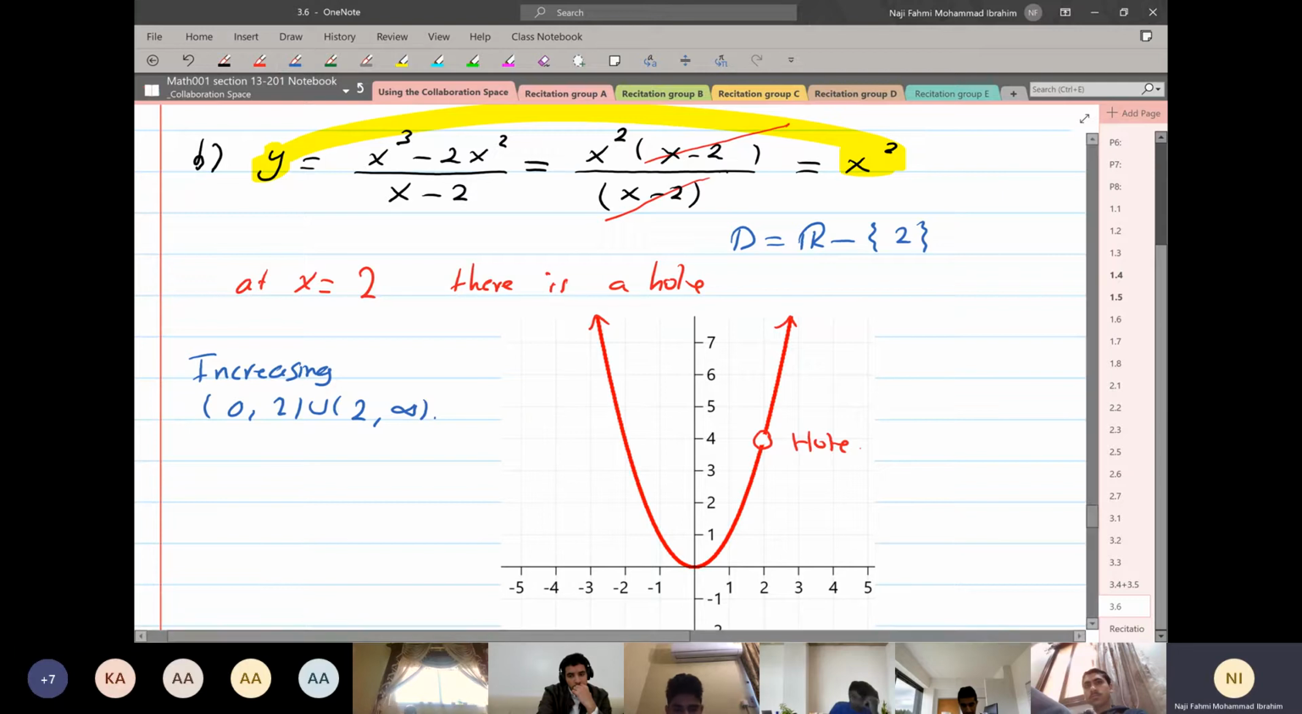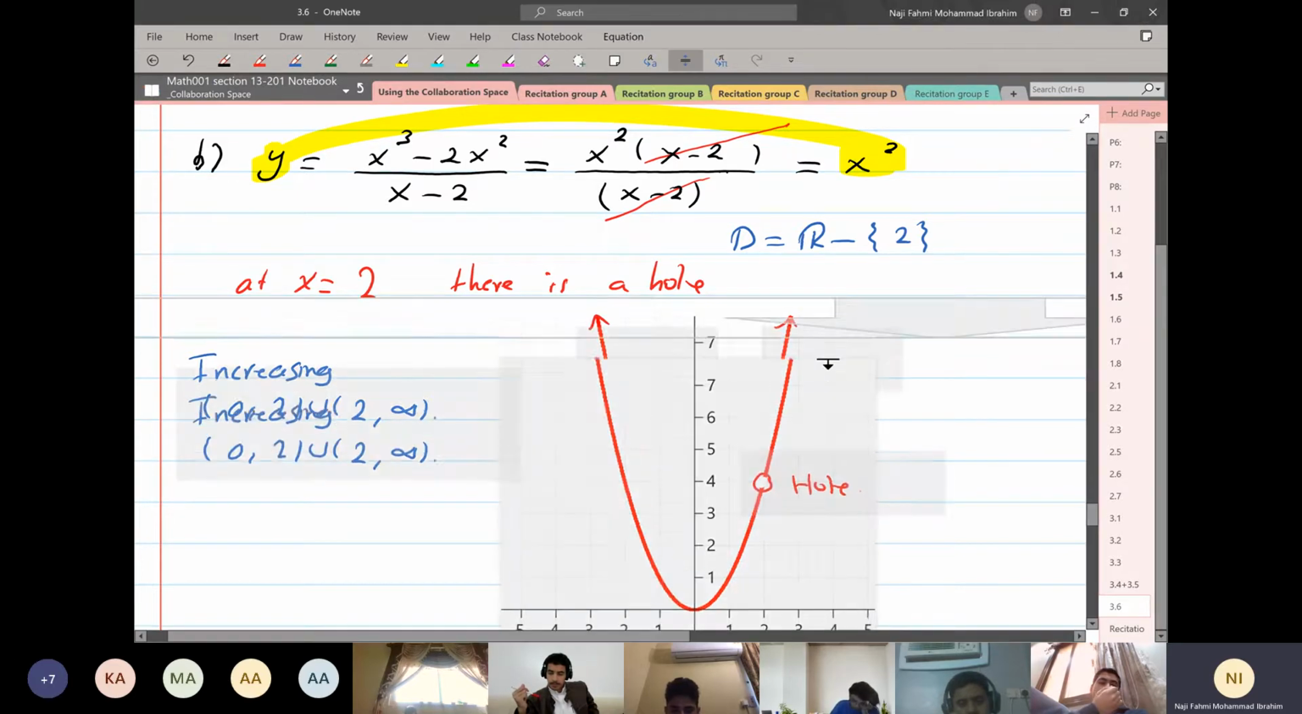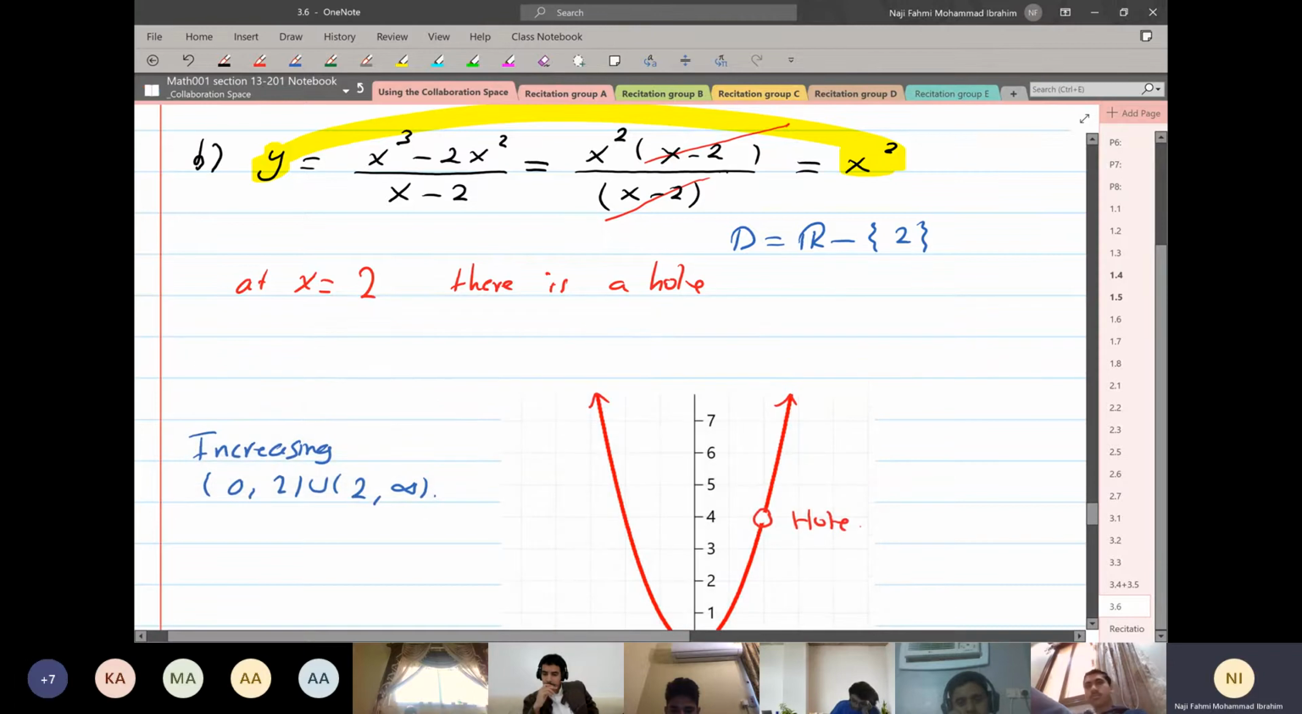Hassan, what's your question, Hassan? Doctor, why do you have an open circle here? What does it mean, a hole? It means the function is undefined at x equals 2. Let me write it down here. The function is undefined at